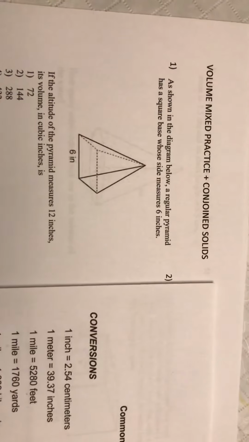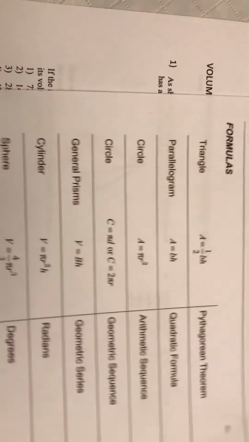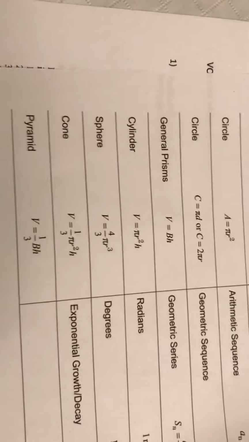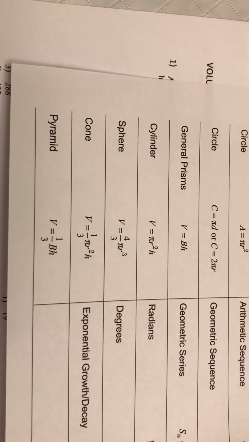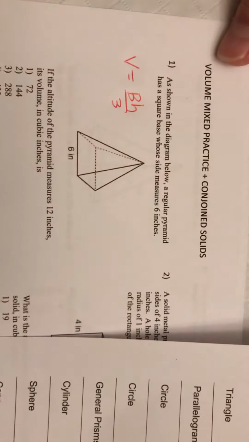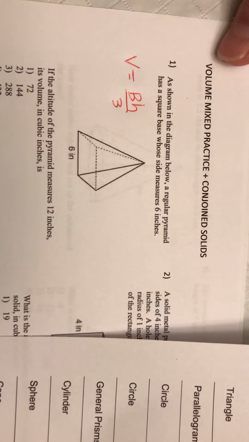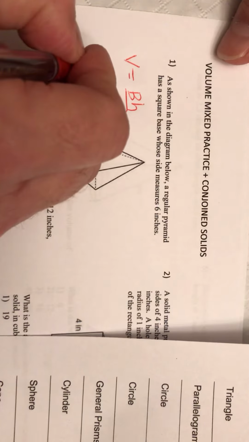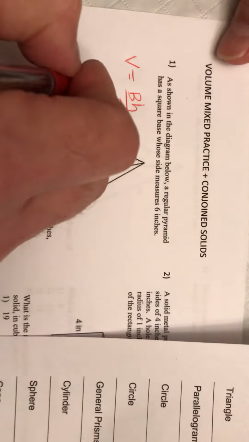If you look at this first figure, it's a square pyramid. If you remember, the formula for a pyramid is V equals 1/3 BH. But remember, B represents area of the base. So I'm going to write my formula, V equals BH over 3. But when I do B, it's really going to be the area of the base, which is the length times the width. So it's going to be 6 times 6